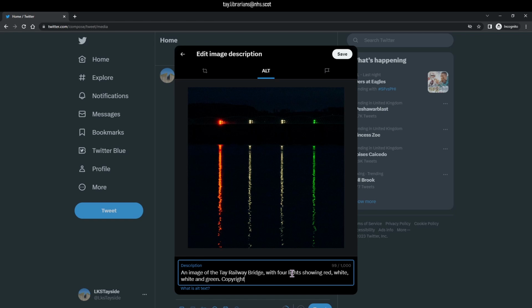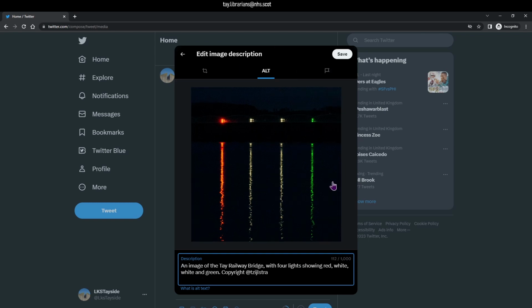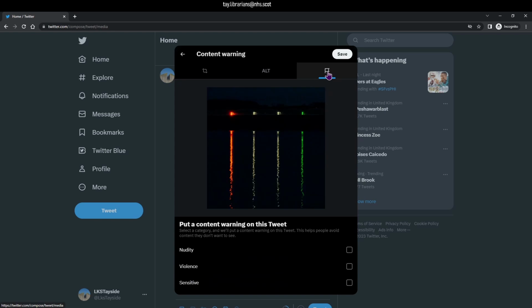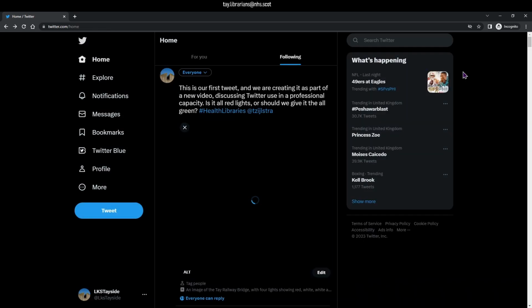Copyright, as if anybody actually cares about this, but we're going to add copyright T Zijlstra. There we go. Now, you can't hit enter because that will just add another line. So what we do instead is add save. You can also alter the image here, and you can add content warnings. So if it's nudity, violence, or sensitive, you can add that. So I'm just going to save that.